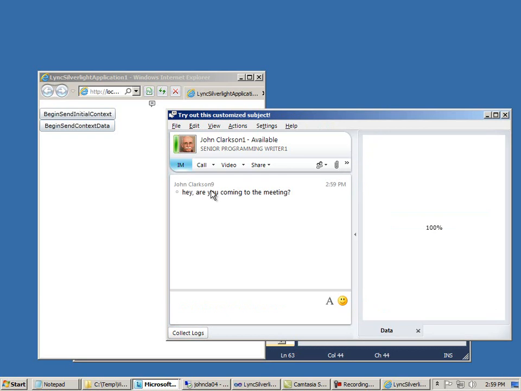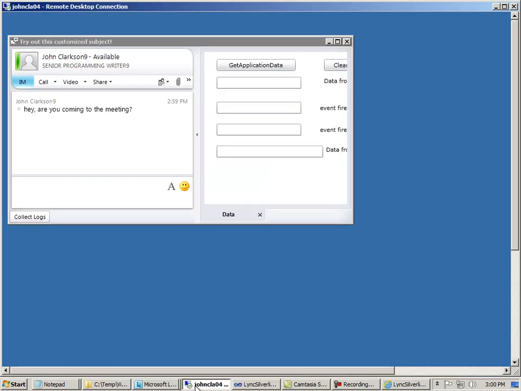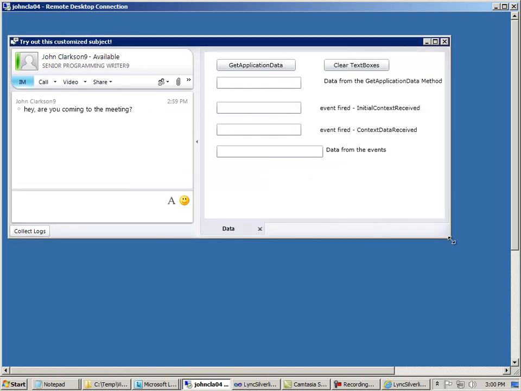Go to the receiving computer. And we'll see that, there, we didn't get any data. And the reason is that the event probably occurred while the application was opening on this computer. So if we click Get Application Data, you can see that you can use that method to get the initial